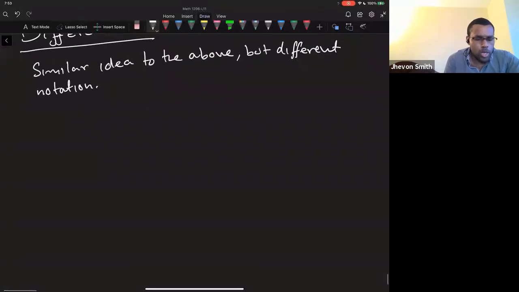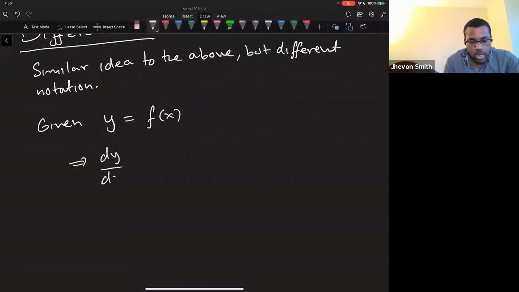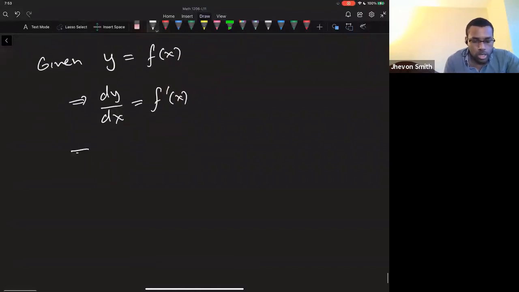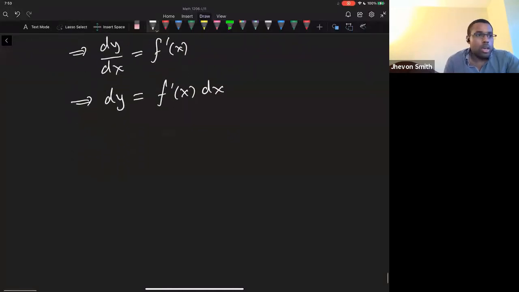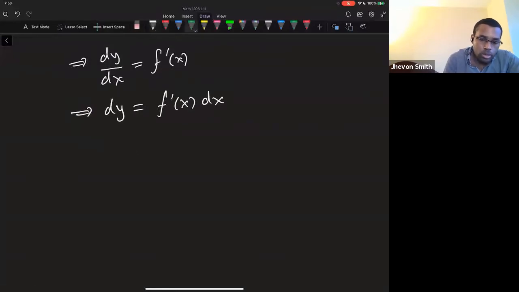So given, say, y equals f of x, of course, you would know that dy/dx is equal to f prime of x. And so we can solve for dy, that's f prime of x dx. So now this is called the differential